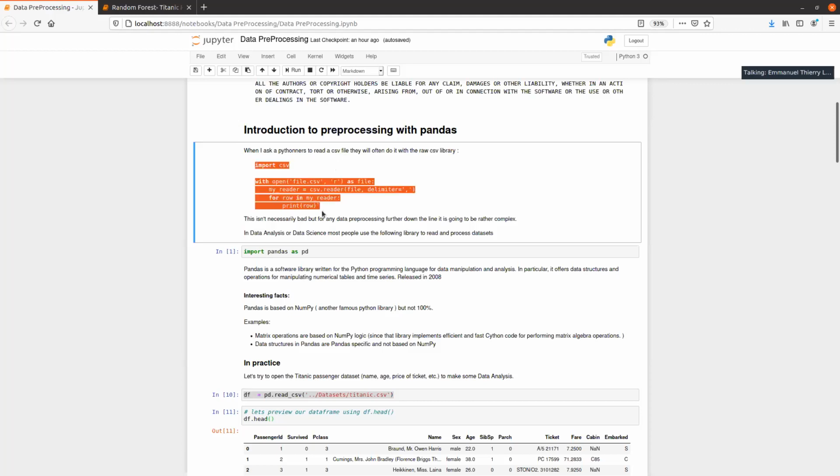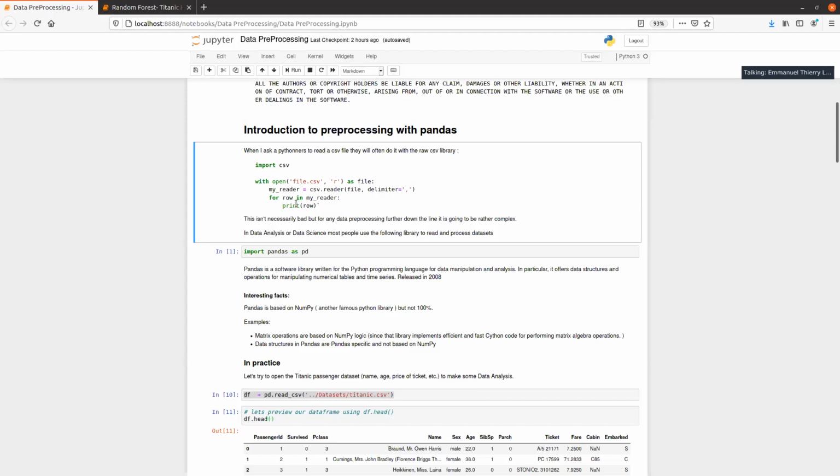This isn't necessarily bad, but for data processing and for doing further analysis down the line, it's rather complex and not that handy, I would say.